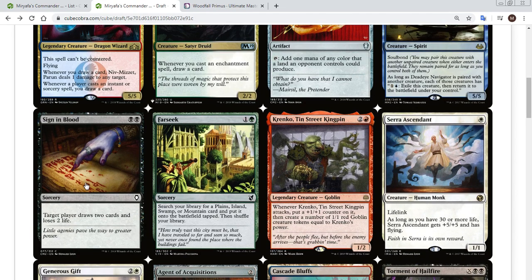Then we have Sign in Blood, basically one of the worst Night's Whisper, because it is very unusual to use the kill a target player mode of this card, but still an acceptable draw spell. Farseek, perfectly acceptable ramp spell. Krenko, Tin Street Kingpin. I think this is a good point for me to stop and say I play